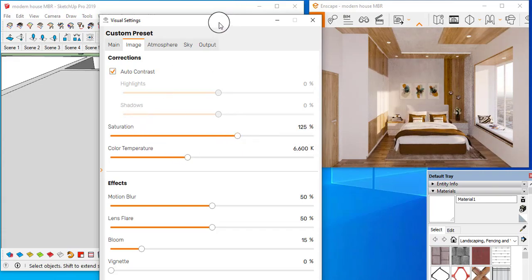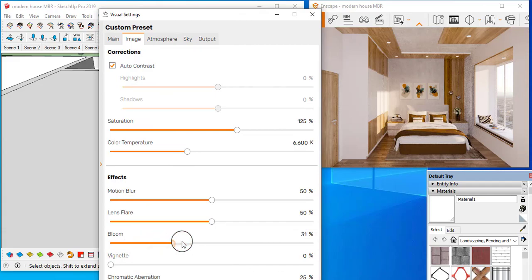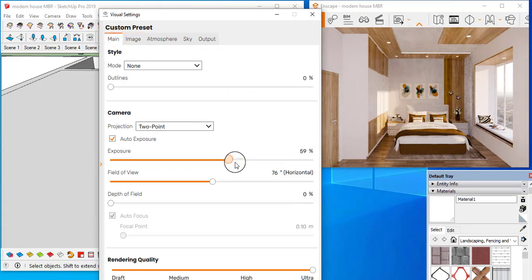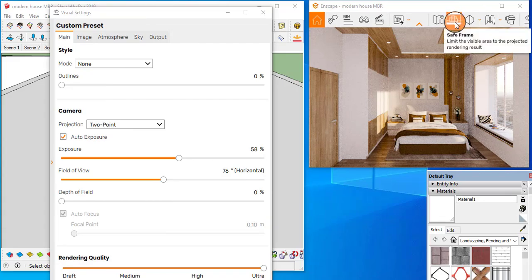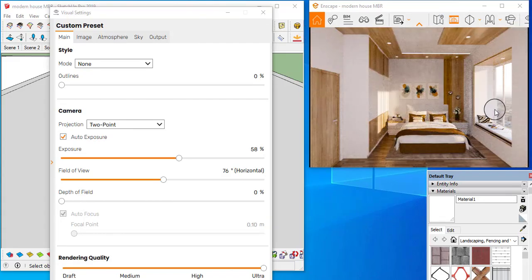And you don't need a bloom effect here. If you switch on bloom, that blurry effect will be created. So switch off the bloom, because with this light it will create the bloom effect. So I'm going to switch off this bloom and unity both. According to your taste, you can adjust that exposure. 58 is okay. Simply use this to save the frame, from where to where it is going to get.